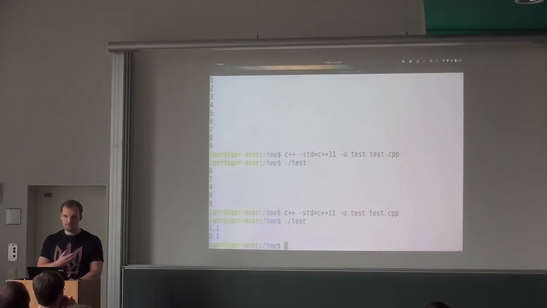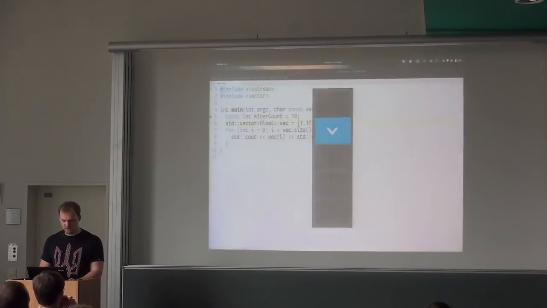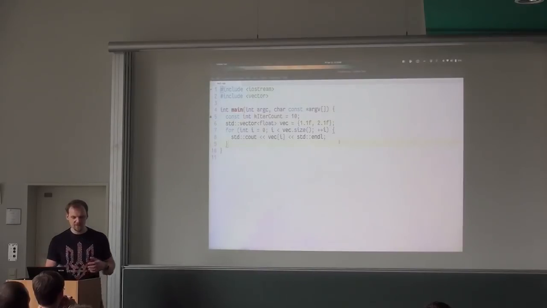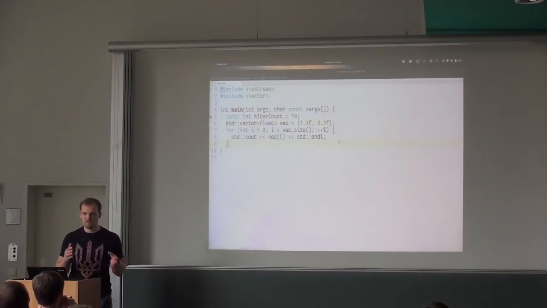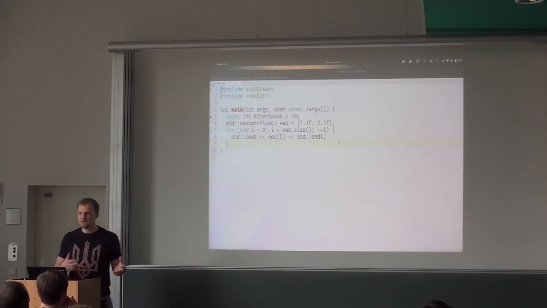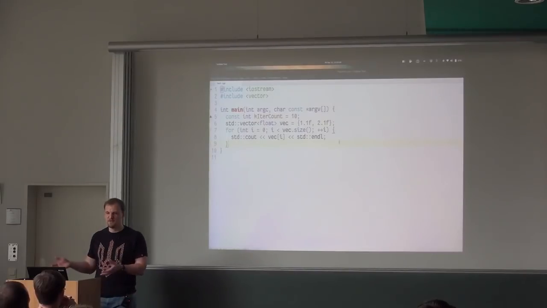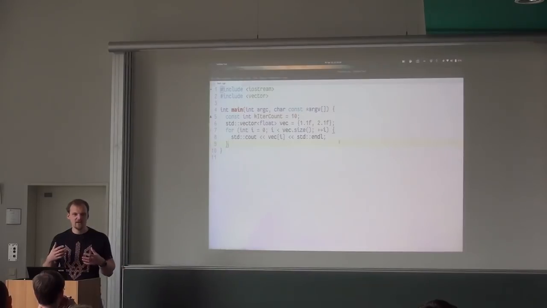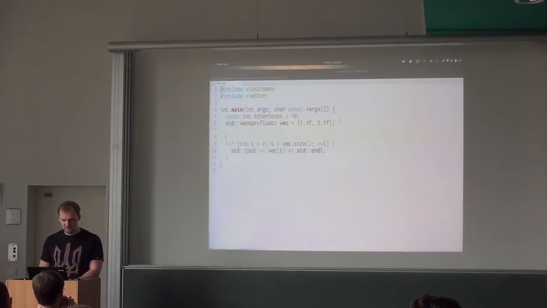Okay, so it shows us 2 values that we have there. But the problem is that now there is a lot of boilerplate code that we didn't want to write. C++ made us write it, and I don't really want to declare a counter. I don't really want to increment it on every iteration because it's not what I want. I want to go over all values in my vector. So in C++ 11 you can do it much easier.